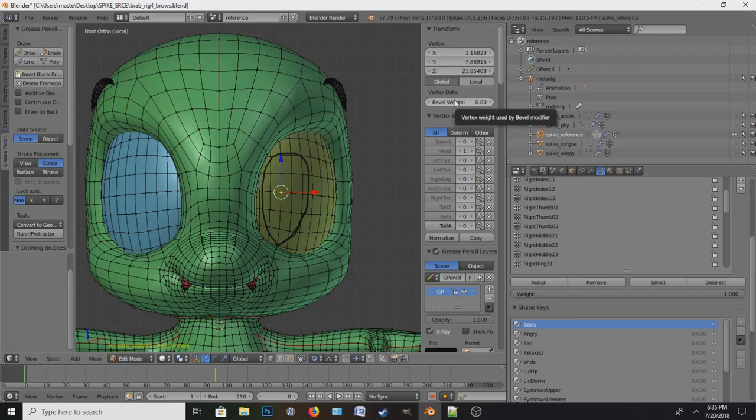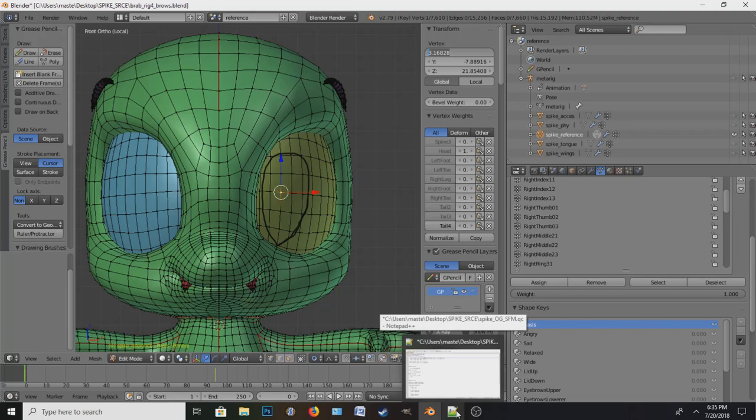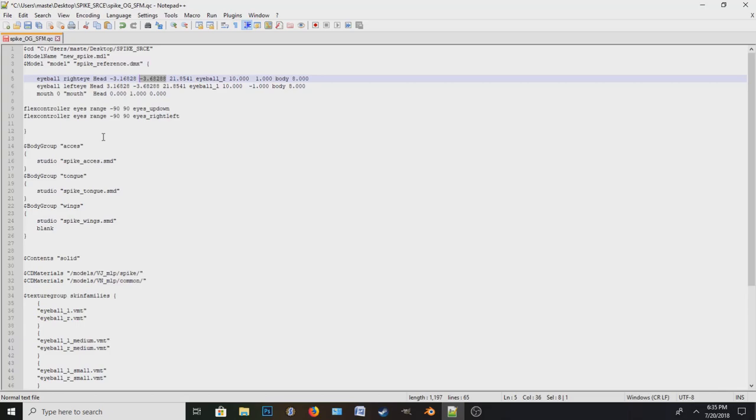Now you can write this down, or you can just copy it by clicking on it, highlighting it, and then Control C. Now you're going to need Notepad Plus or some sort of program which would allow you to edit text-based files and open up the QC. Now in this file, hopefully, if you already had it set up to where eye posing is somewhat usable, you'll have 2 columns, 2 rows